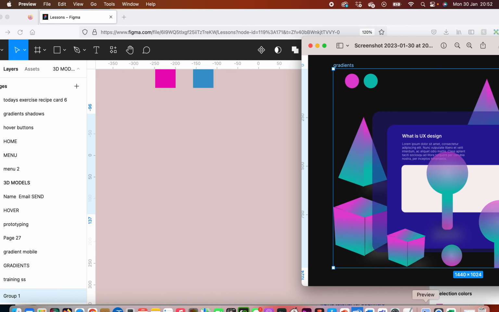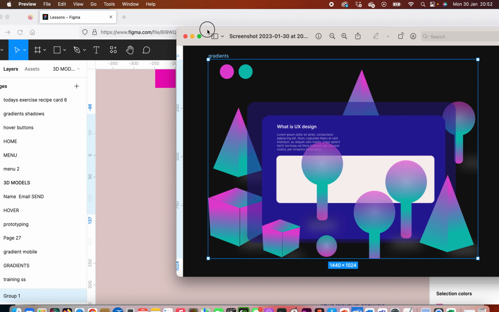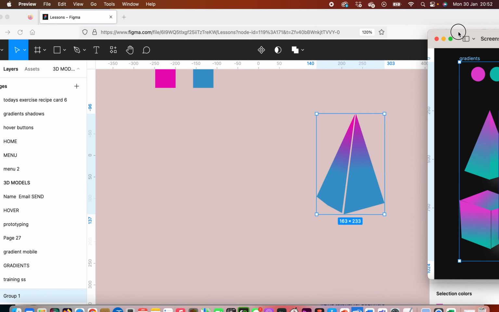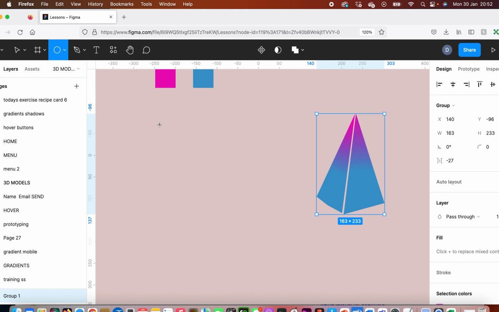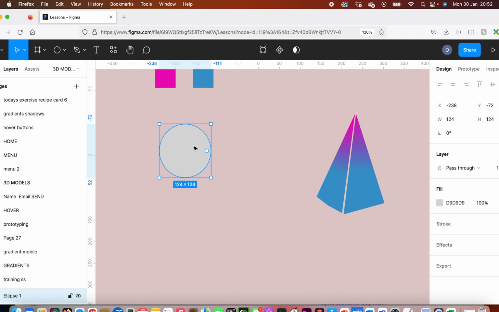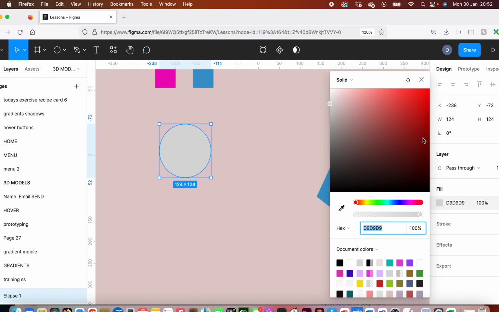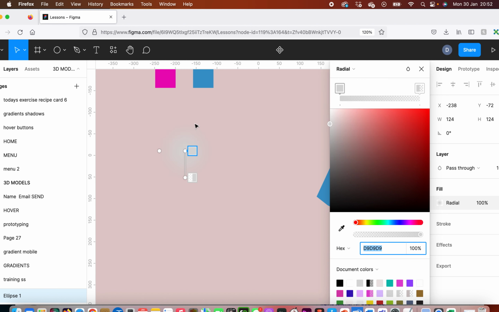And for reference, I also created these spheres. So again, with the ellipse tool, we need to hold down Shift to get a perfect circle, and instead of the linear, we're going for the radial gradient. And it's very hard to see against the background. I'm going to put blue for